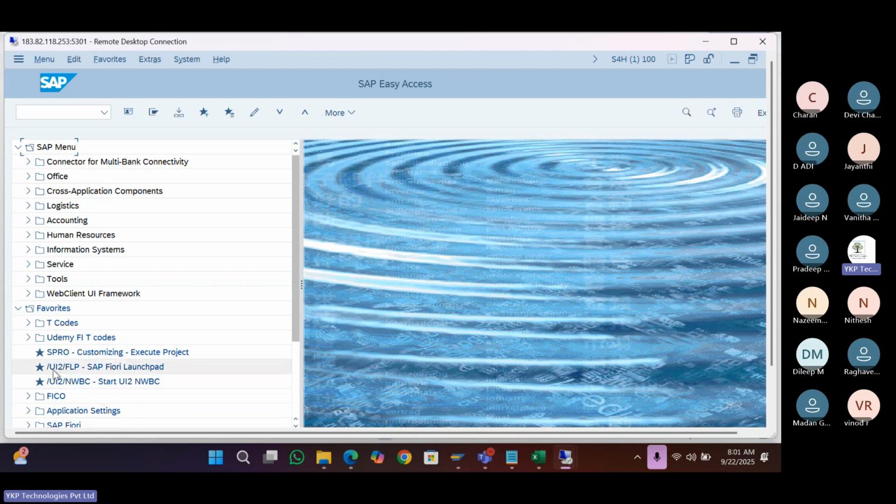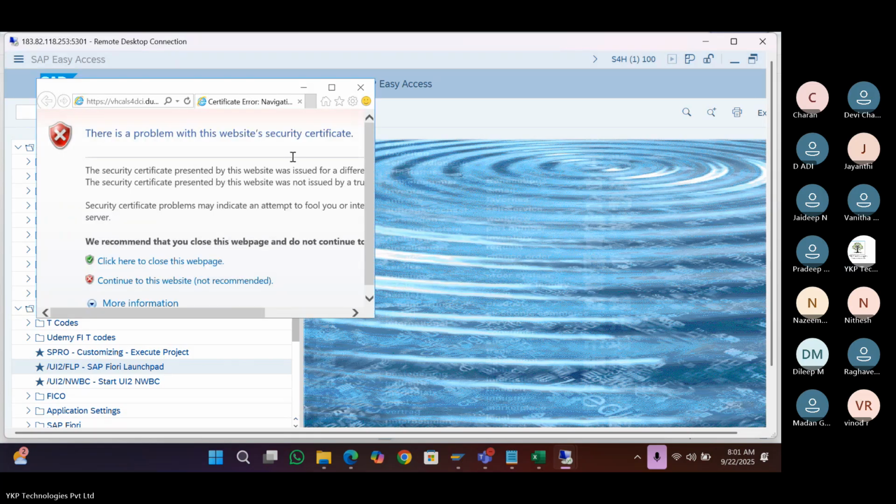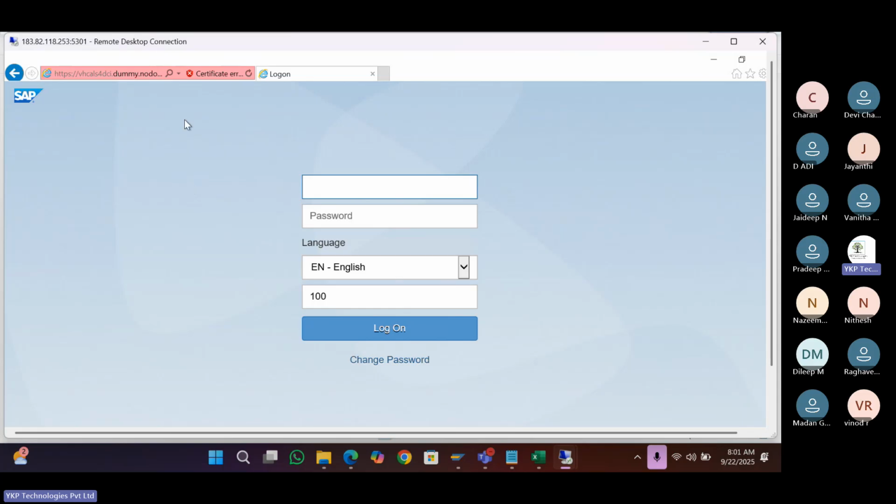We have /UI2/FLP, so you can launch from here. If you double click on this, allow to continue to this website. This is how one more login will come. Here again we need to give the password, the same GUI password. Once you enter,